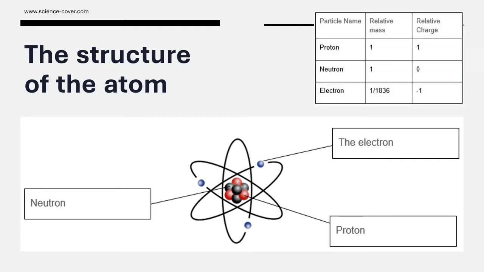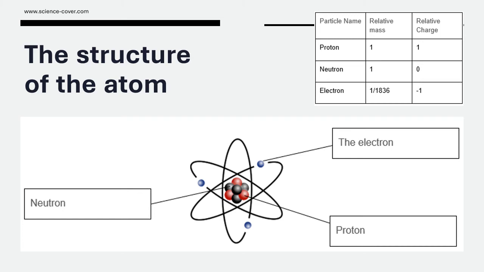Now, when we talk about the mass of a particle, we talk about how many kilograms of material it's made up from. And we know that the proton and the neutron are roughly the same size mass. So we can compare their masses, and we call this relative mass. So if I call the proton's relative mass 1, then I have to call the neutron's relative mass 1. And the fact that these numbers are the same tells me that they're about the same size.